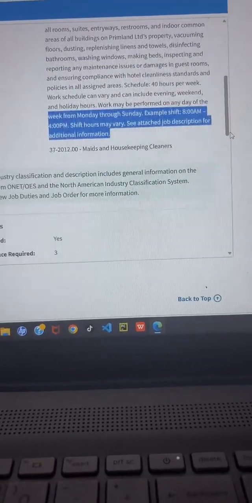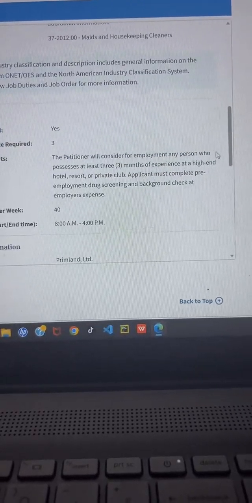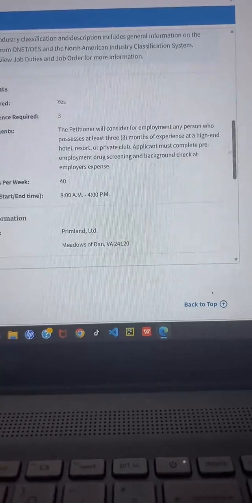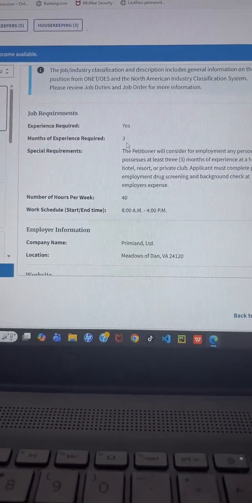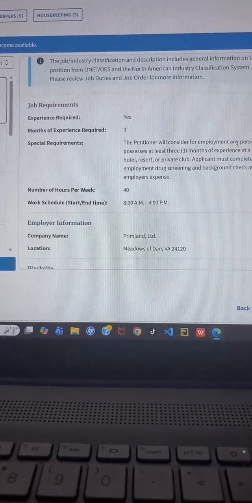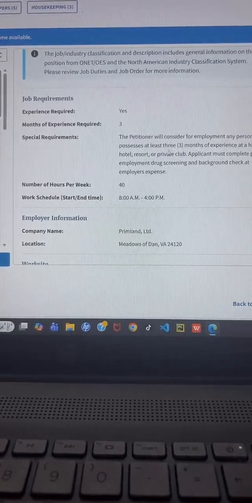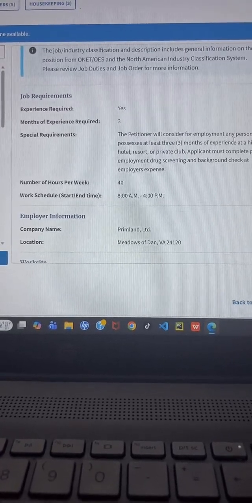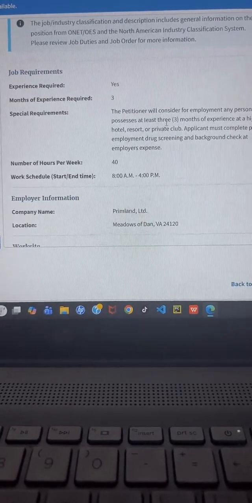So guys, share the live with someone that is interested in the H2B visa program. You should have work experience here. The petition will consider for employment any person who possesses at least 3 months of experience at a high-end hotel.